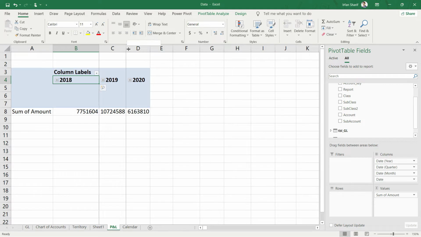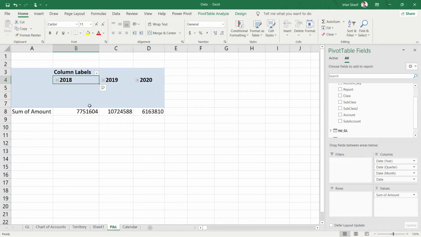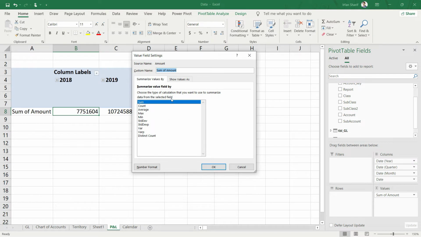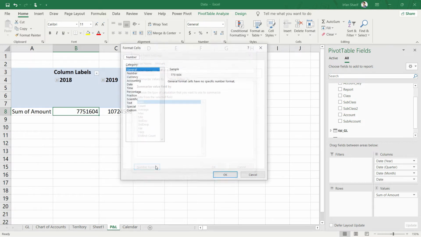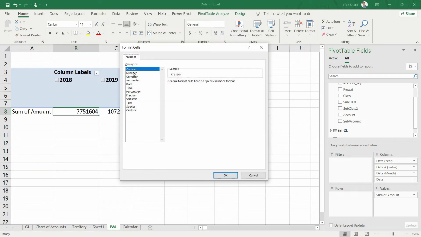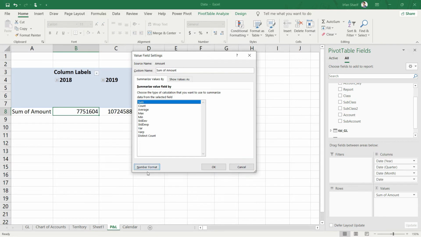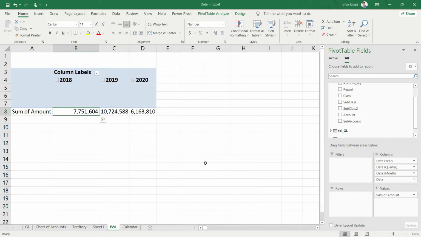And now I will work with the rows, but before I do that, I just want to do small formatting on the field here as well. So I will just go to the sum of amount option here, and I will go to value field settings. In that value field settings, you can see that the sum has already been applied, which is okay for me. And I just need to work on number format. So I will say, please make these as numbers, and there should not be any decimal, and the values should be comma separated. Alright, so please press OK, and now you can see that your numbers are properly formatted.